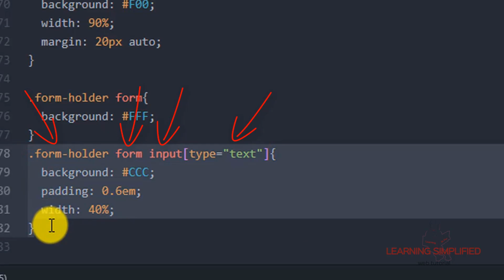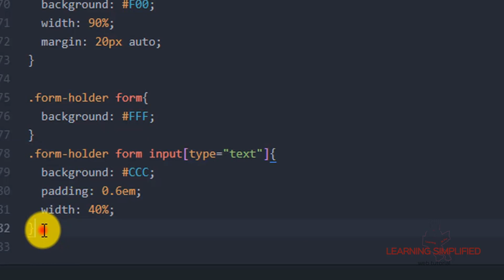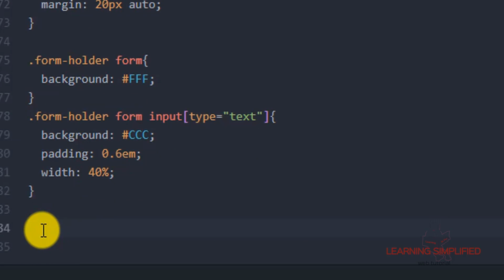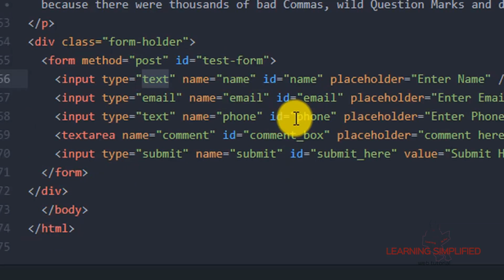Now in the second case, we are going to copy this thing and paste it over here. What we have here is this particular input type text, this particular input type email, and then an input type of submit.